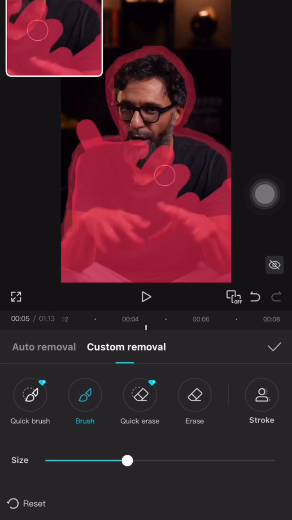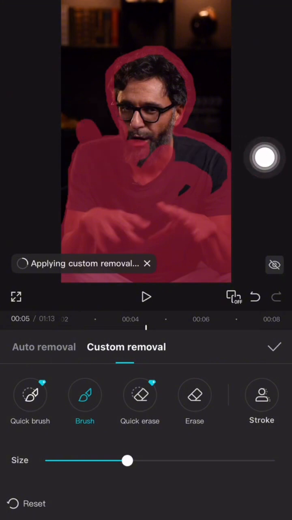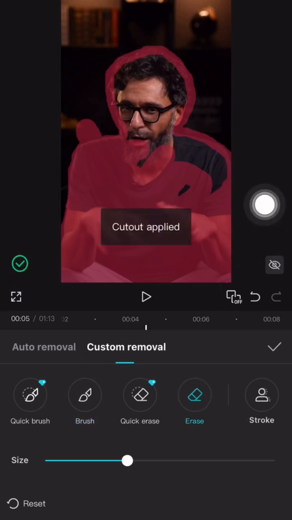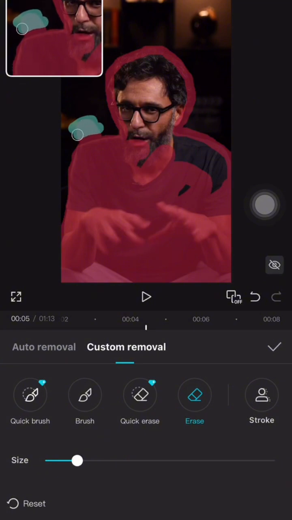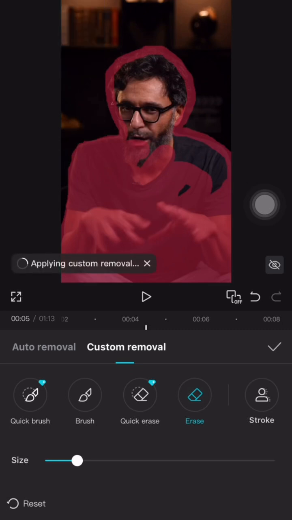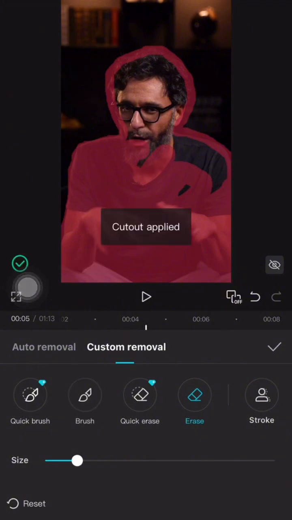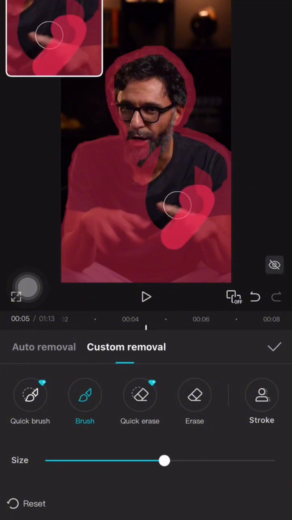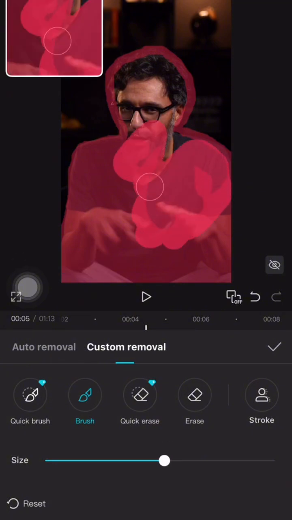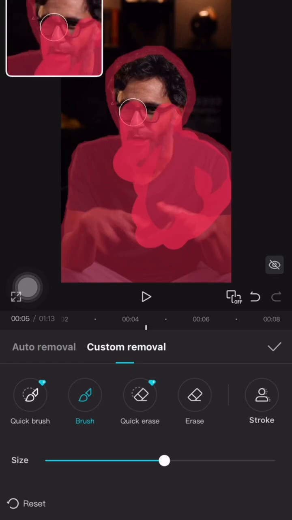In case you shaded a part you don't want to, like here you made an error and you want to erase it, right? You can go to the erase feature. Click on erase, you just reduce it a bit, then you just slowly erase out the error you made at the corner of the video. Right, you wait for it to apply, and when it's done, you click on brush back and you just go back and continue. Sorry, it's just still on erase. You just go back to brush